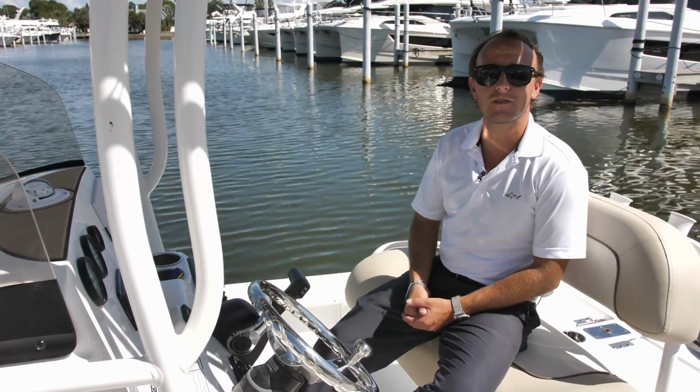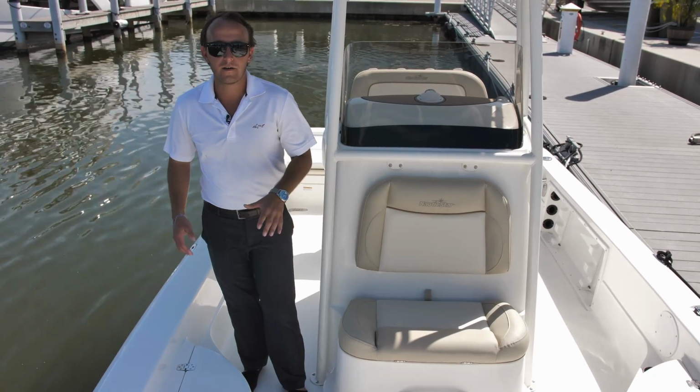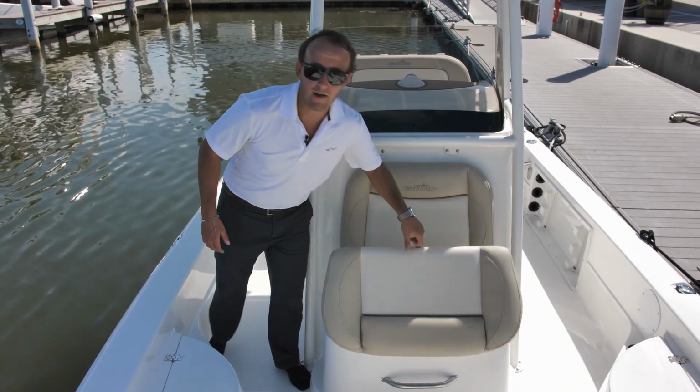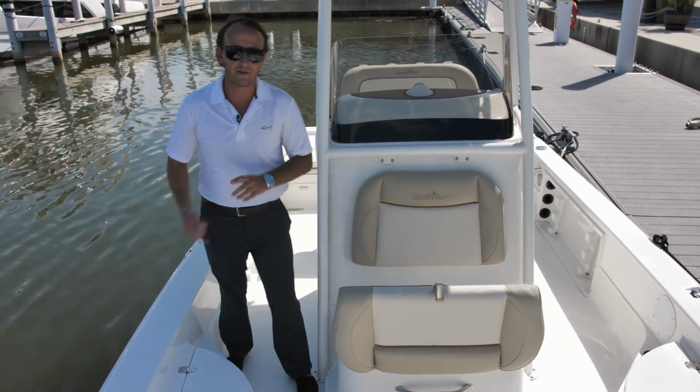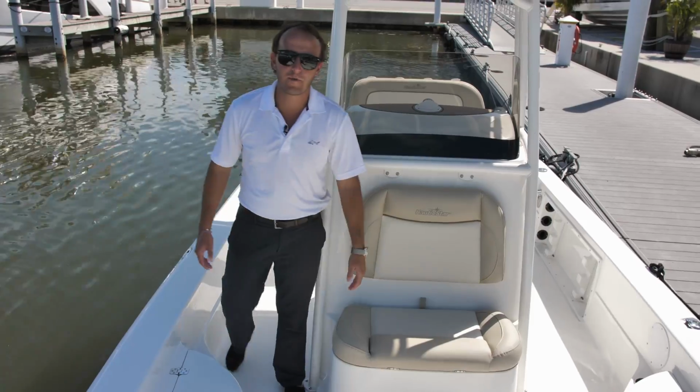Let's take a step forward and see what the bow has to offer. In addition to the casting platform and all the storage in the bow here, we have something special, and this brings it back to a fishing boat. You have a secondary live well here, so if you want easy access to your shrimp and whitebaits, you can do that right here. But when it's flipped down, it's a comfortable seat for your passengers while going to the